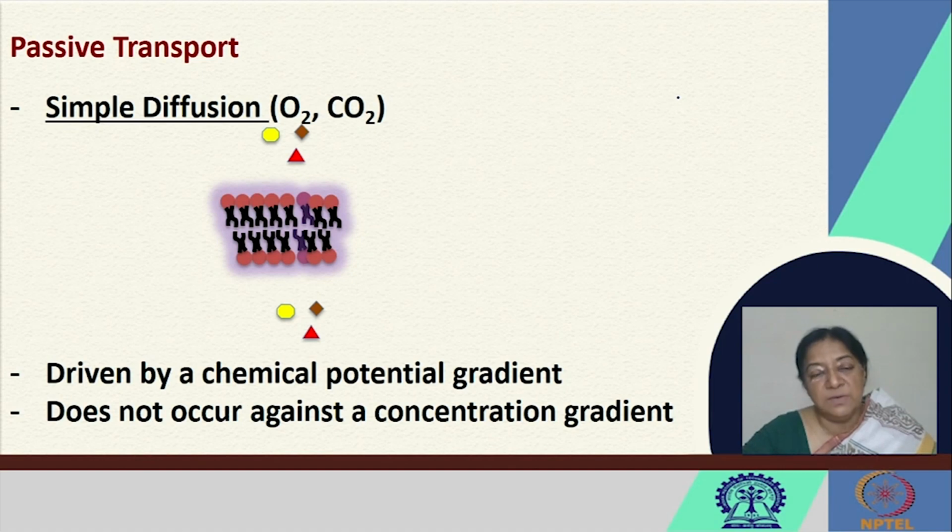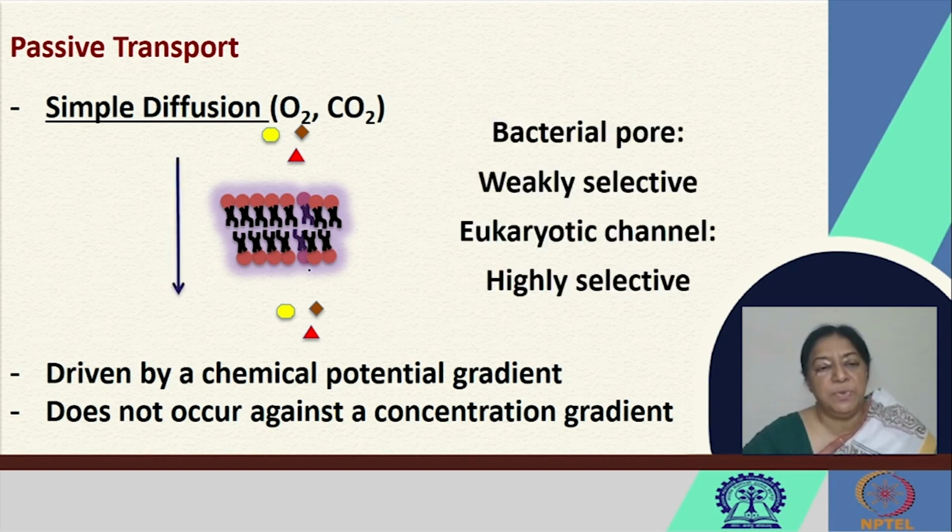So if we have our membrane and we are looking at the transport of the small molecules oxygen and carbon dioxide, in a simple diffusion method, we would just have this pass through the membrane. We can have selectivity in some cases. Bacterial pores can be weakly selective. On the other hand, we can have eukaryote channels that can be highly selective,